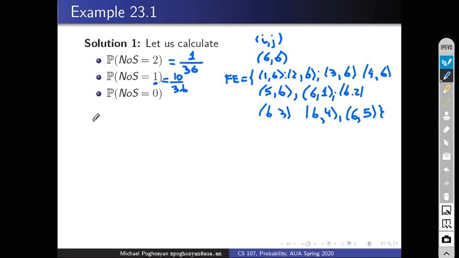Okay, now to calculate the probability that we will not have any 6s at all, we can do the following. Well, either we can write all possible favorable outcomes, or we can calculate in the following way. So number of 6s is 0, means first was not 6, and second was not 6. And this can be calculated in the following way. So this is equal to,